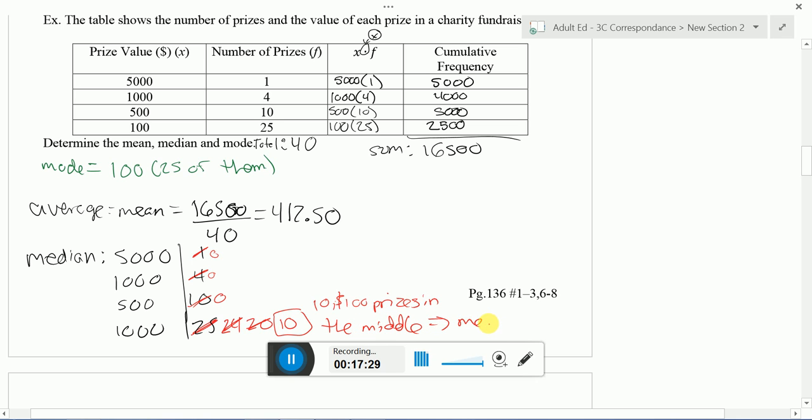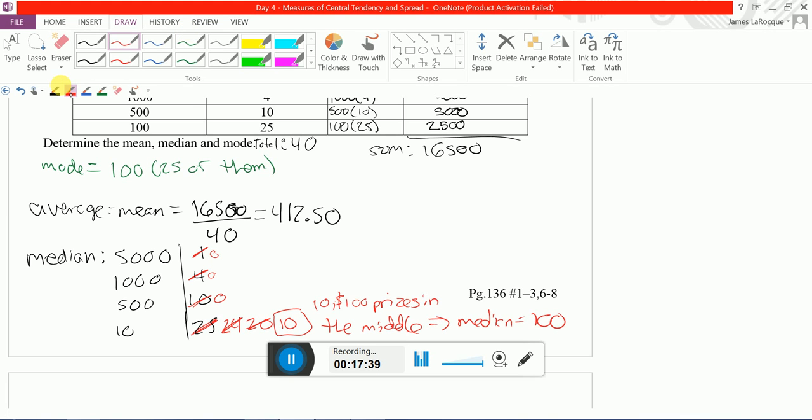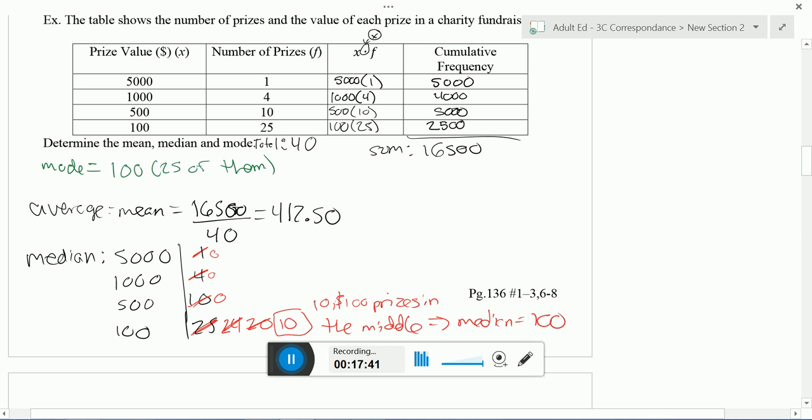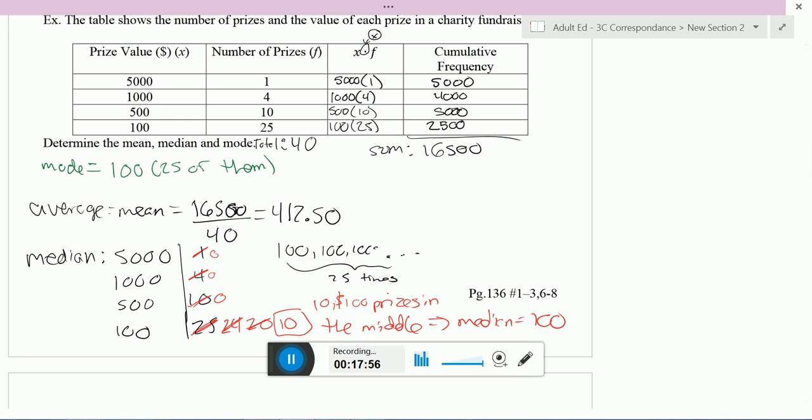So our median is equal to 100. That should be 100 there, not 1,000. Now, the reason we did it that way: you can write out the numbers from smallest to biggest, but if you do that, it would be 100, 100, 100, and you'd be doing this 25 times, and then you'd have to write out the 500 10 times, and so on,